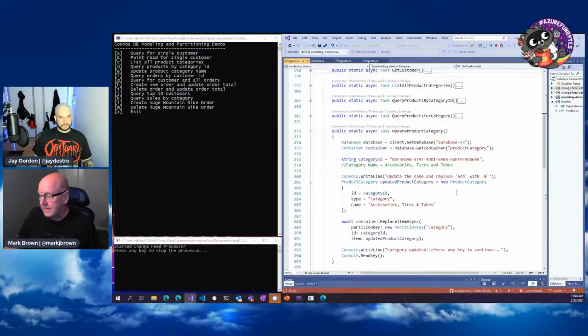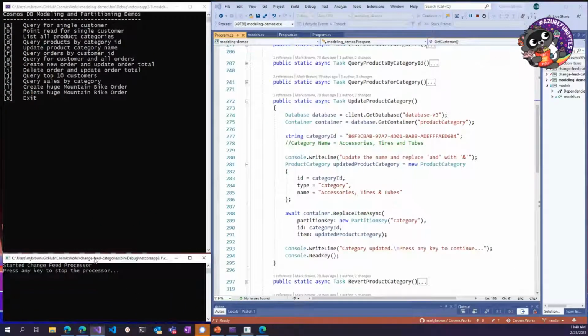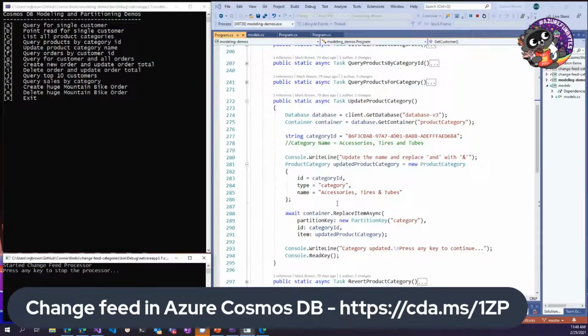I actually want to talk to you about one more thing, which is change feed. In the lower half of the window here, I have change feed, and this change feed is listening to one of the containers, my product category container.